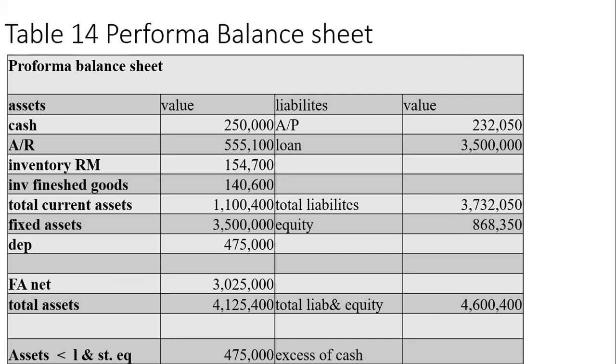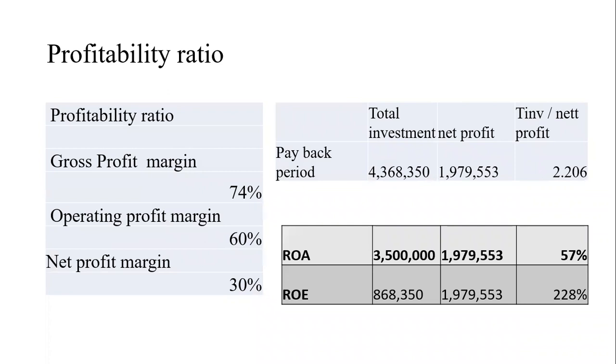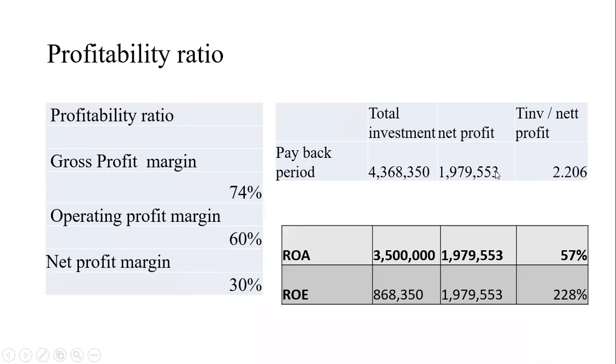So if I want to make a final comment on the case, I can do profitability ratios, gross profit margin. How do we calculate it? We do gross profit over sales, operating profit over sales, net profit over sales. So this is a very brilliant project, and I did this only on the final situation, which is the best case scenario. If I look at this best case scenario, I have total investment, which is the 4,668,000 divided by the net profit. I will know that if I work with the best case scenario, I can have the payback period after 2.2